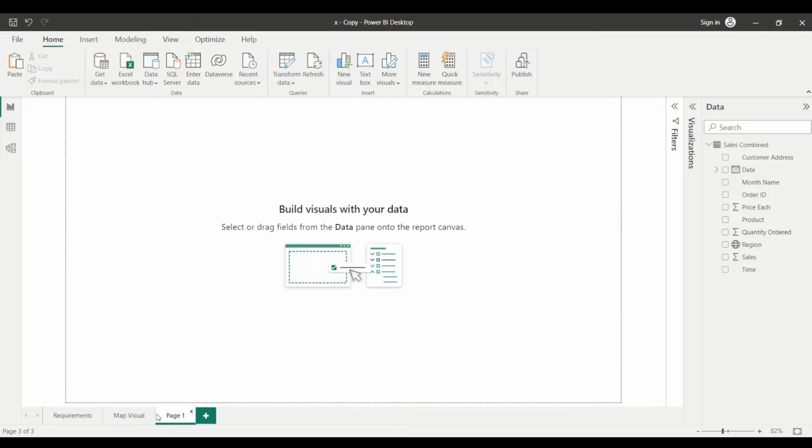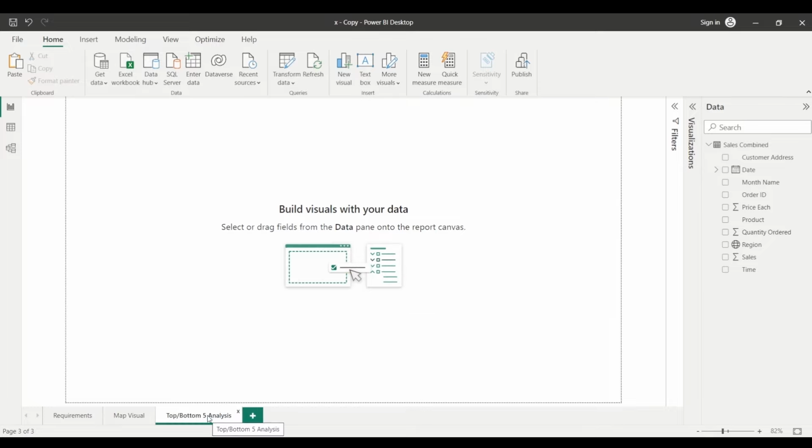Similarly, on the third page, since I already told you that we have to represent top 5 and bottom 5 products by sales, top and bottom 5 products by price each, etc. So on this page we will do top 5 bottom 5 analysis. So I'll write top slash bottom 5 analysis,